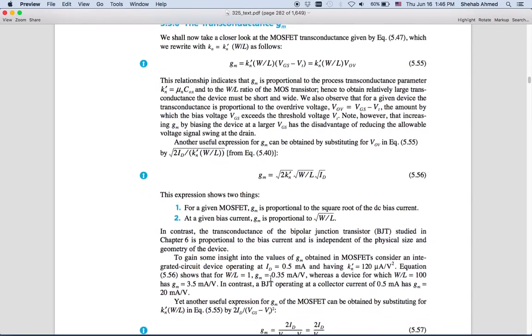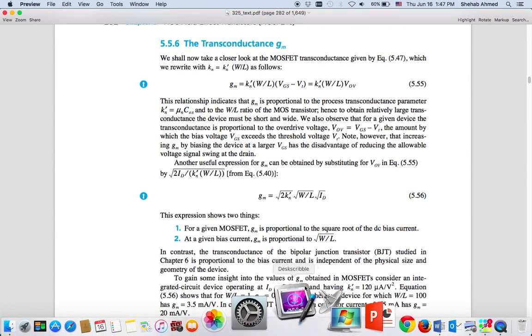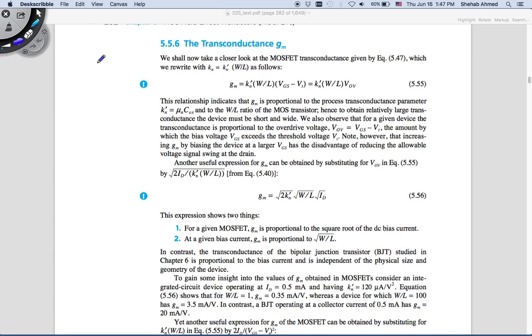So what they're doing in this section is they're deriving three different equations for GM, and they're all derived from each other. So this is one equation for GM, and this is another equation for GM, and we have a third equation for GM at the bottom here. Each one of these tells us something physical about the device. So it just says that here I would like to increase gain. For me to increase gain, I need to do what? I need to increase the width of the device and maybe decrease its length,